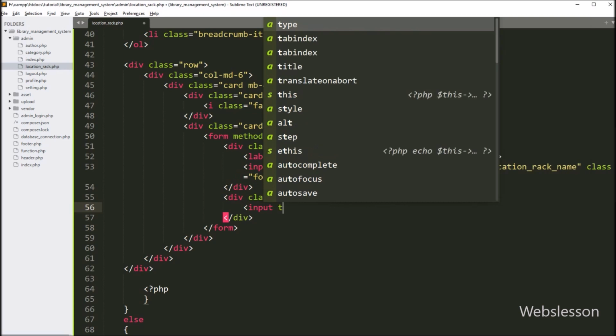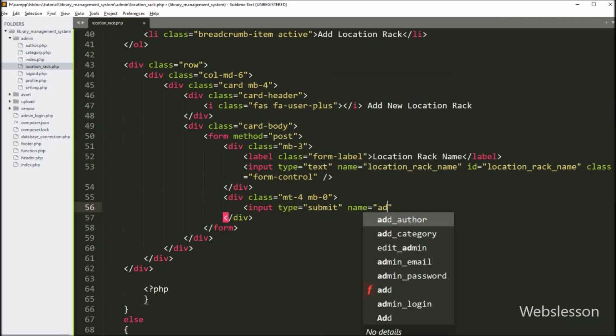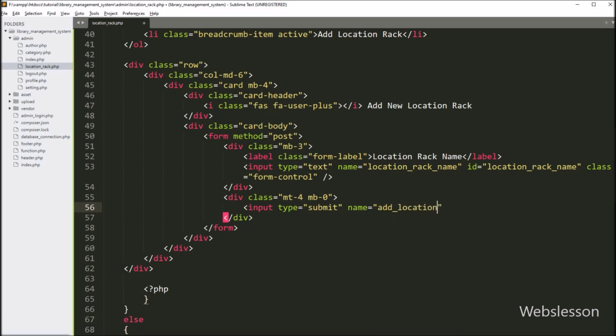After this, for submitting location rack form data, we create one input type equal to submit, with name attribute equal to add_location_rack, and value equal to Add. By clicking on this button, admin can submit location rack form data.